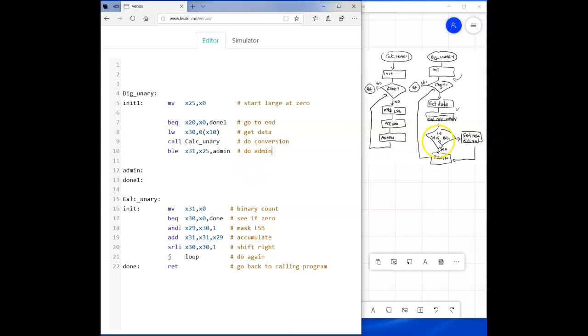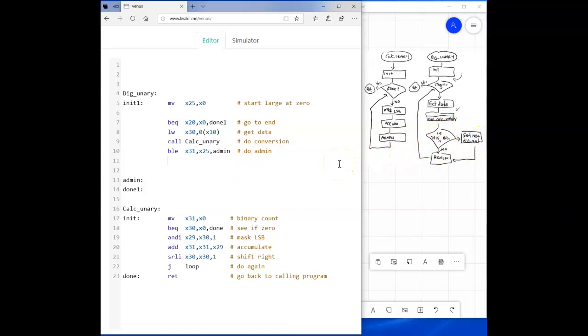Okay, so that's this one. If it's big, jumping over here. Otherwise, I need to set a new big value, which means swapping the values in x31 and x25. So I'm going to say move x31 to x25, so it's backwards, x31 to x25. I'll say set new large value,